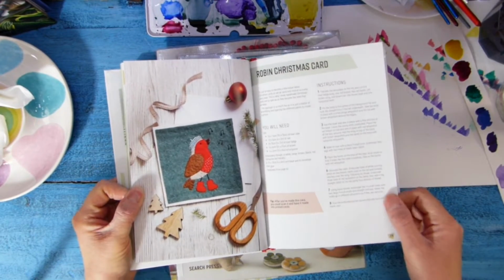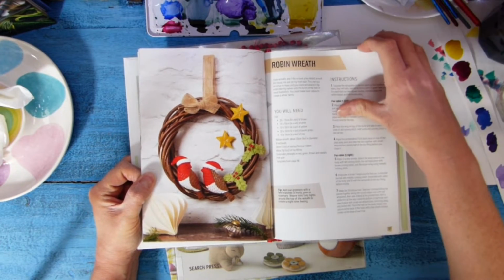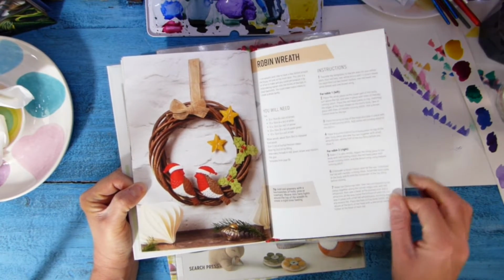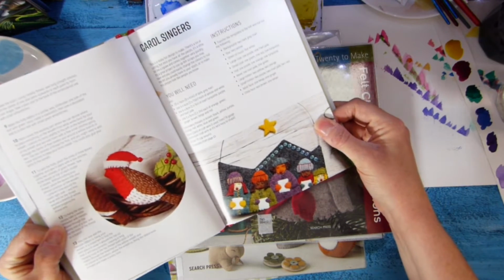A Robin Christmas card. How cute is that? These things would take a while to stitch. I mean, they're very simple, but how lovely. People really appreciate getting a gift of this sort. A robin wreath. Some carol singers there, little hanging